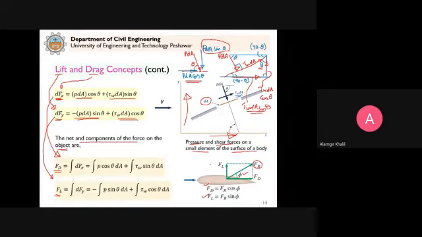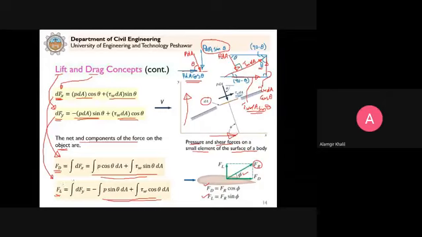And now we learn how to calculate these two types of forces. So in this case, you can see that we have to evaluate these integrals. Clear? We have to evaluate these integrals in order to calculate the drag and the lift forces acting on a